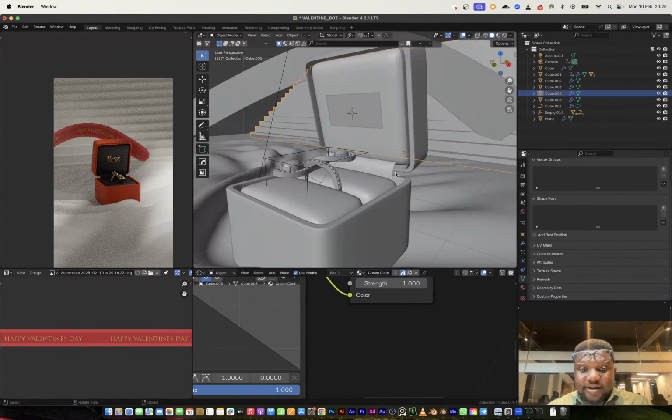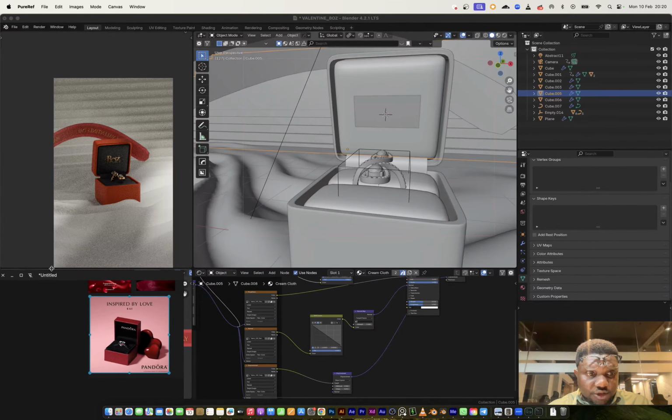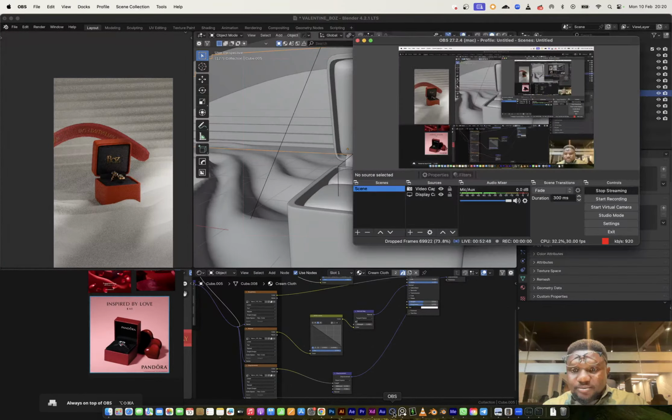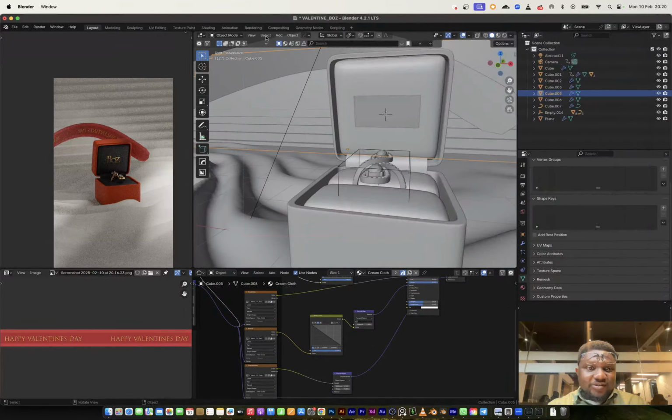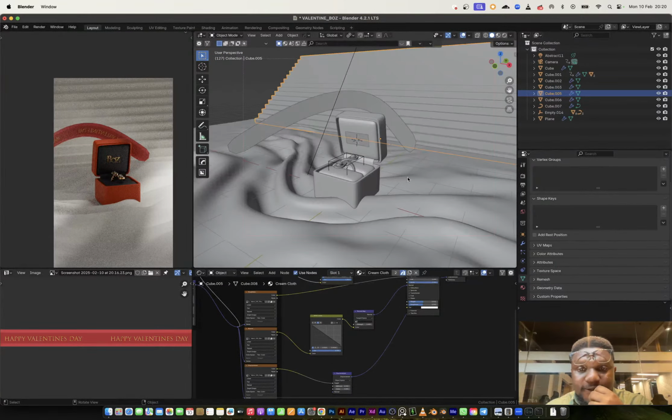Back to setting up the environment. I'm really not sure of the environment right now, but we're going to figure it out. I think I still have some time. Oh, I have 7 minutes. I don't have any time. Environment.